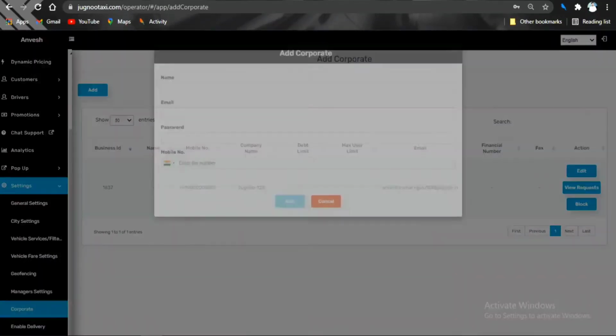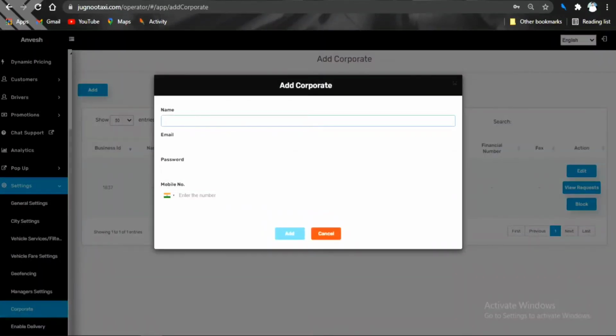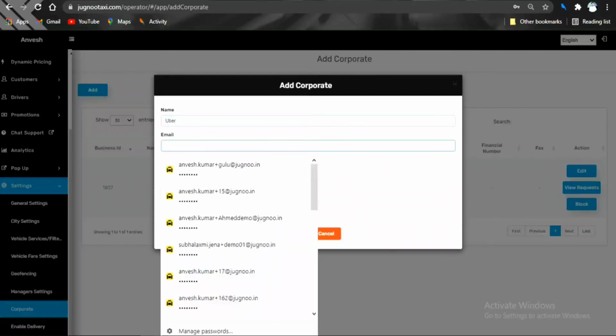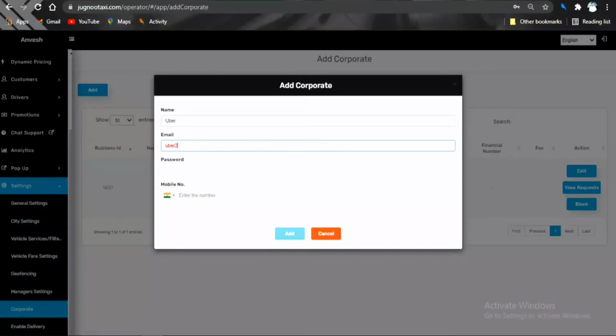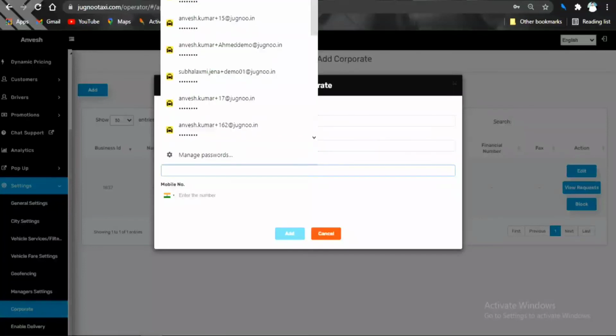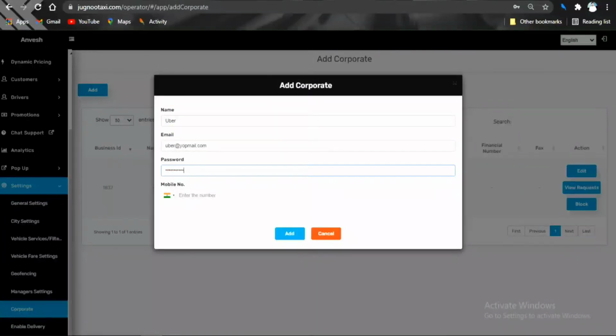For example, if you want to add one more corporate company, he will just give a company name called Uber, and he will give any random email ID, any password, and enter the number.